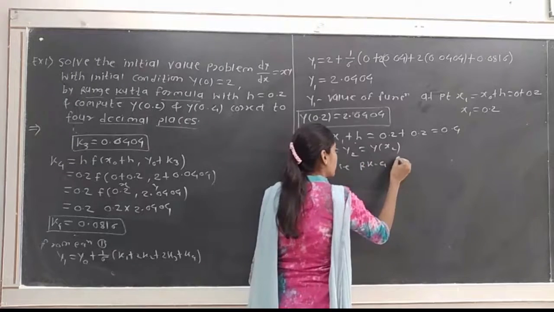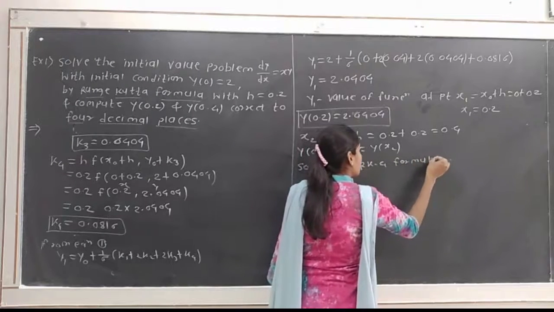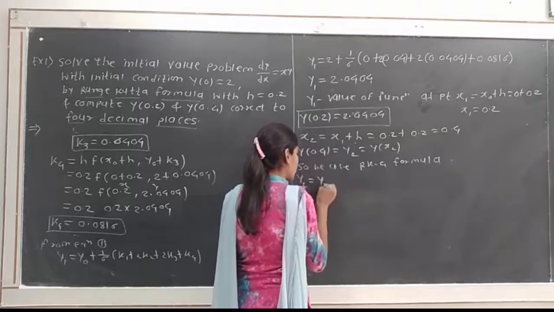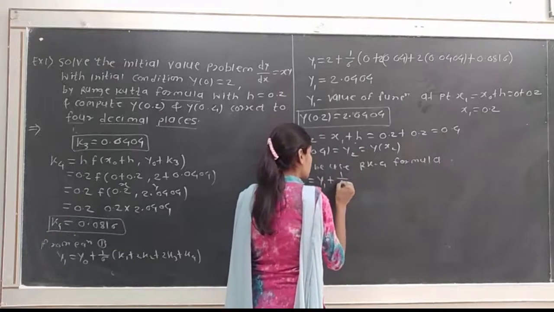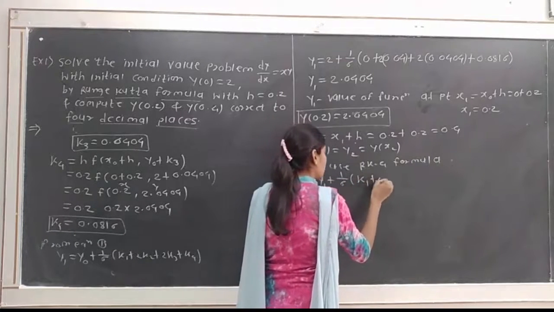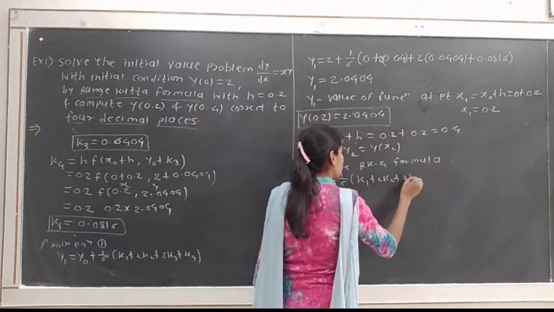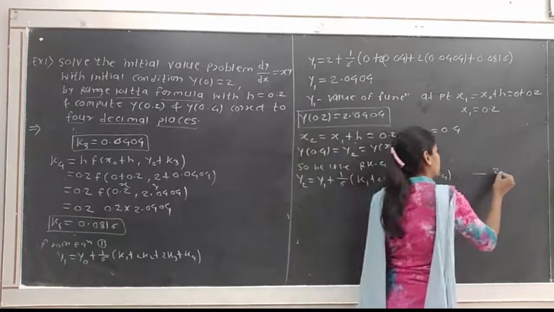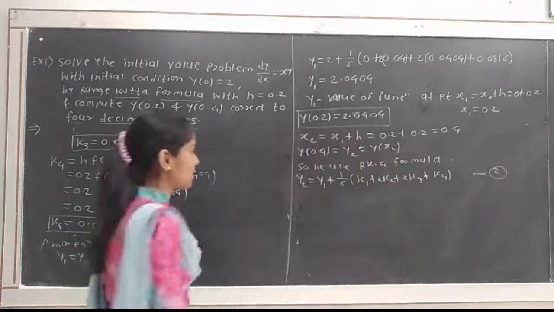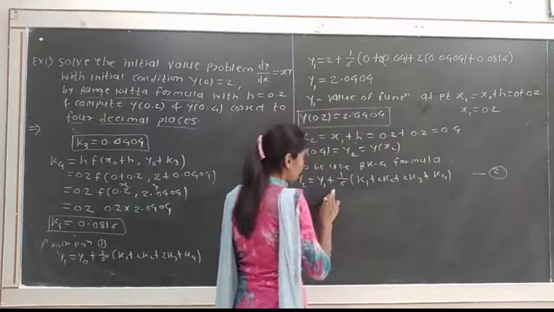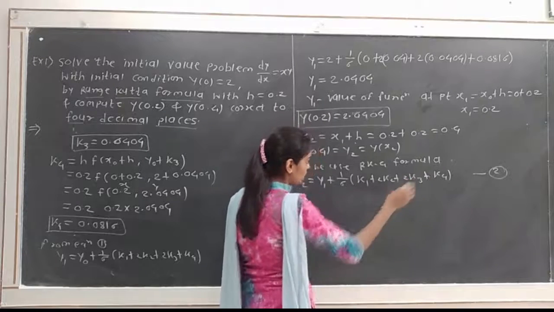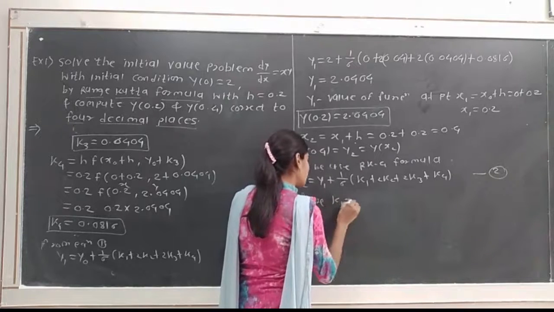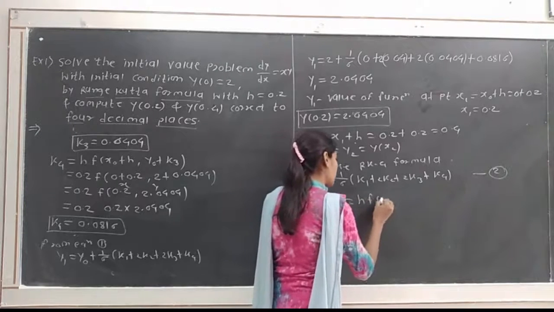RK4 formula, okay, so the formula becomes y2 is equal to y1 plus 1 by 6 in bracket k1 plus 2k2 plus 2k3 plus k4. Take it as equation number 1, and this as equation number 2. Then we want to calculate k1, k2, k3, k4, so for that, k1 will be equal to h f of